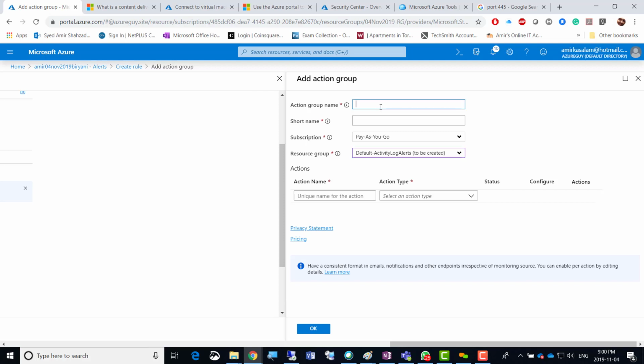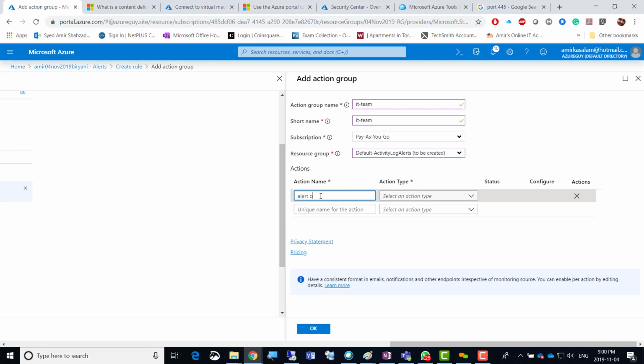So here, action group name, suppose it is IT-team, right? And I'll just Control-A, Control-C, short name as well, IT team, pay-as-you-go. Resource group is this, activity log alerts to be created, and then action name, you can just put that alert on used